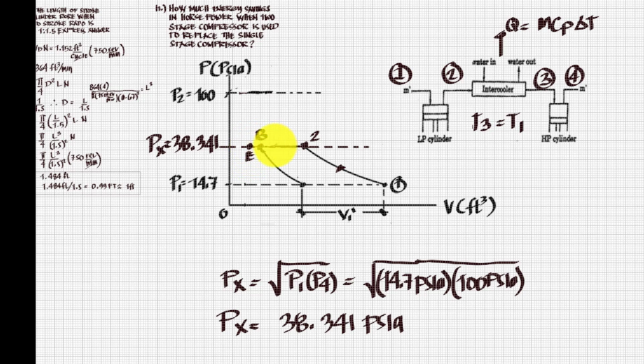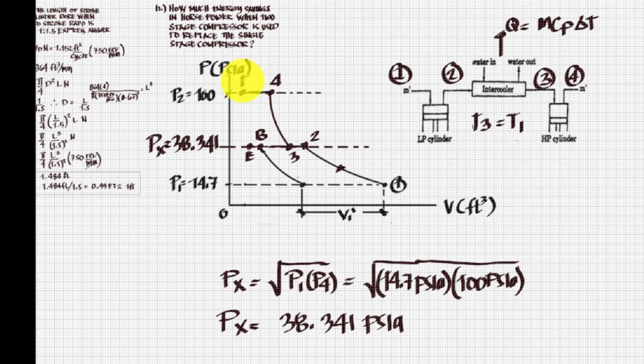The suction of the gas of the high stage compressor starts from E, going to 3. From 3, it will be compressed 3 to 4. So let me try to draw here the process 3 to 4. This will become the compression 3 to 4, and then the gas is being released to